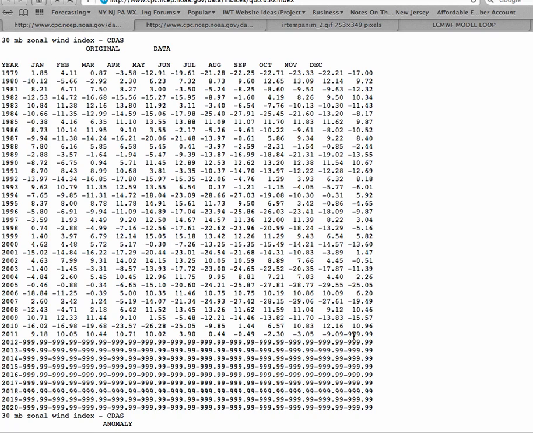Now, one very important thing I want to make very clear about the QBO. This is not temperature. This is the magnitude and orientation of the winds at the stratospheric level in the tropics. Why is that important? When you have an easterly wind in the tropics at the stratosphere, it becomes easier to transport that warm air over the equator and over the tropics, even in the stratosphere, to the higher latitudes.